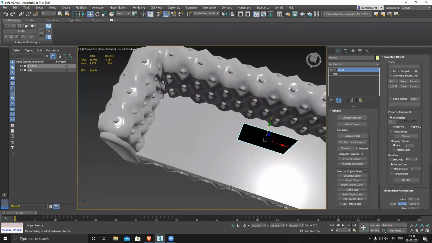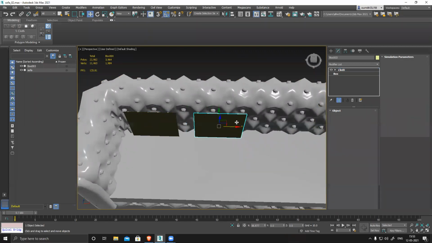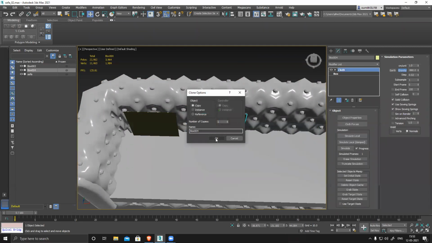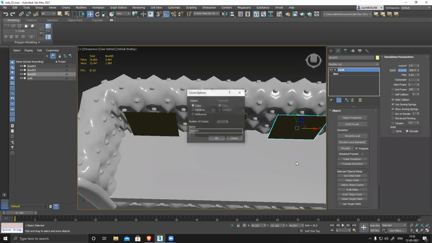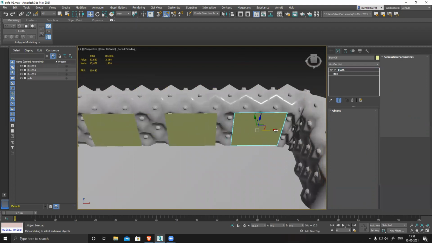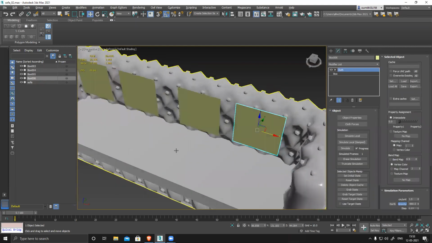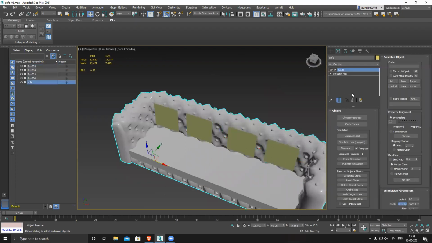Now suppose I want to create three, or maybe more than that. Copy, or maybe four. So I have four of these. All of them have this cloth modifier, so I'll simply select everything and delete all the cloth modifiers.